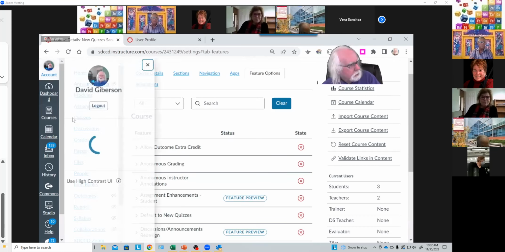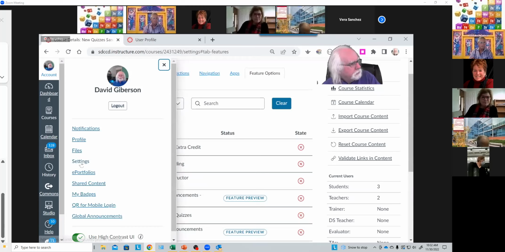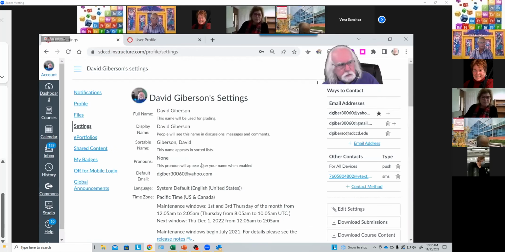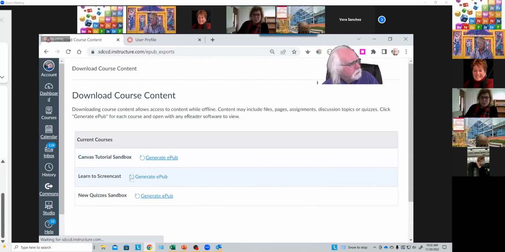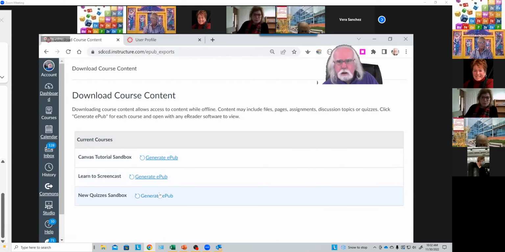Then we can go back to our account menu. We can go to the settings page, just to remind us how we got here in the first place, and download the content from that course. That's the one I just set up. You just click here, it generates the EPUB file. That takes a while. Then it gives you an option to download it. And you basically get a website that's downloaded to your computer that you can open up, and you can access all of the content that's in your course without